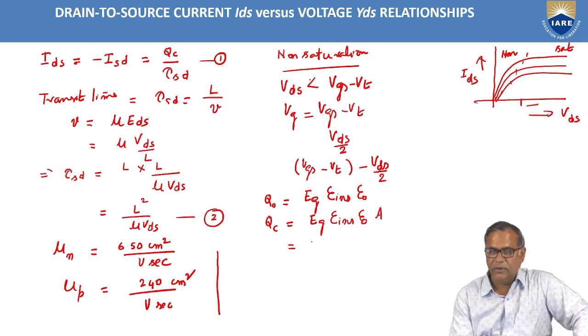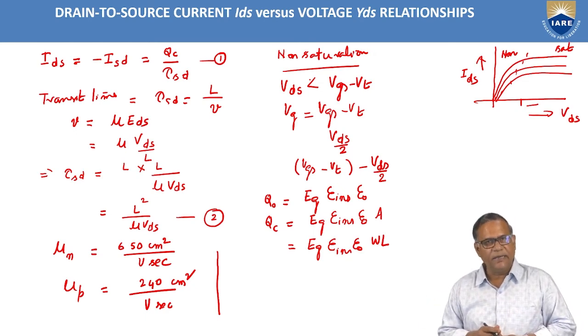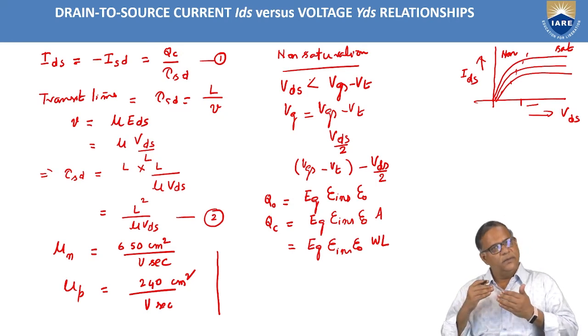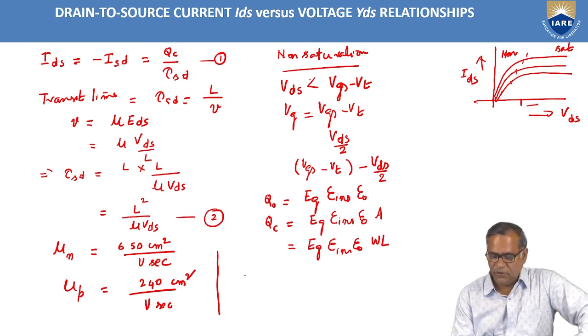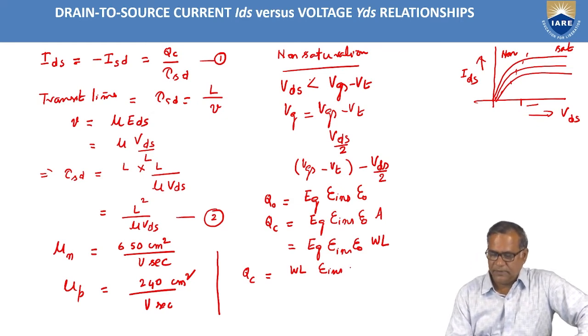So that is equal to Eg epsilon INS into epsilon naught A. Just now I told you that A is equal to WL. So what is Eg? Eg is the electric field, the effective electric field. For that, you have to take the effective gate voltage and then divide it by the distance. So we can say QC is equal to WL epsilon INS, which is the relative permittivity of silicon dioxide, approximately 4, and epsilon naught